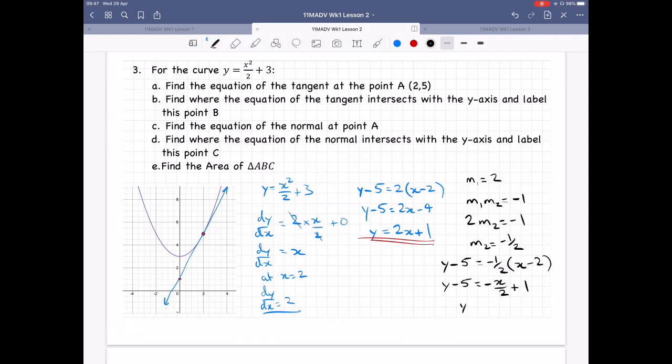So y equals -x over 2 plus 6. Now the reason why I've left it in gradient intercept form is we now know our intercept here is 6. So we can draw our line in, and you can see we've created a right angle triangle